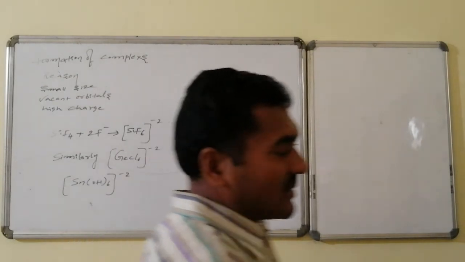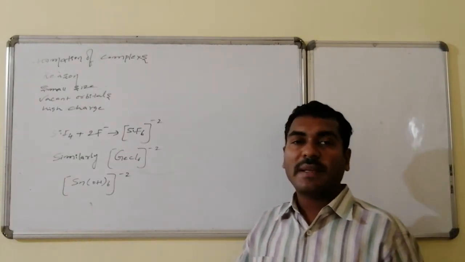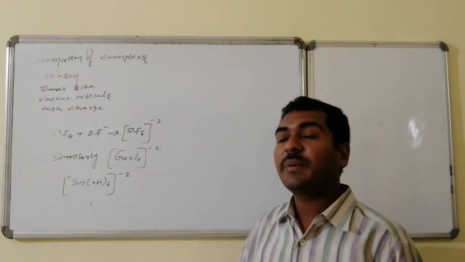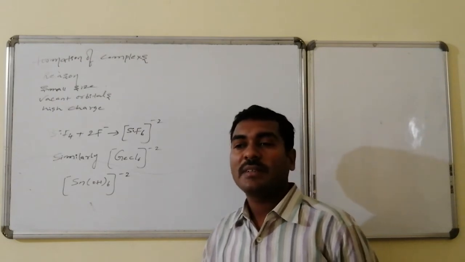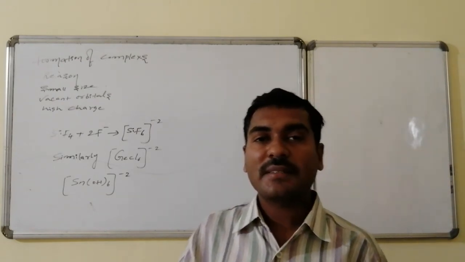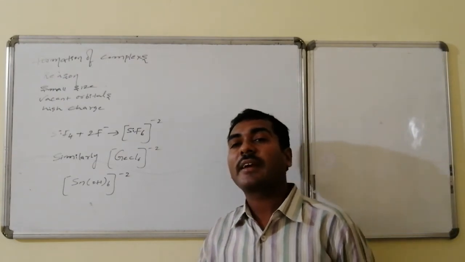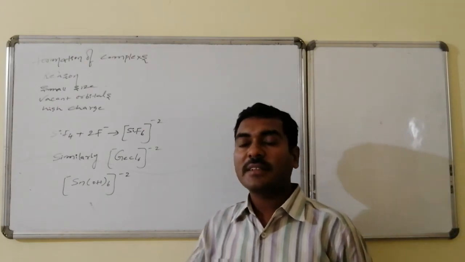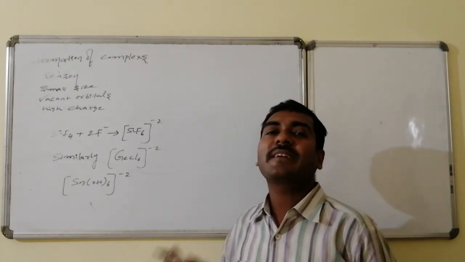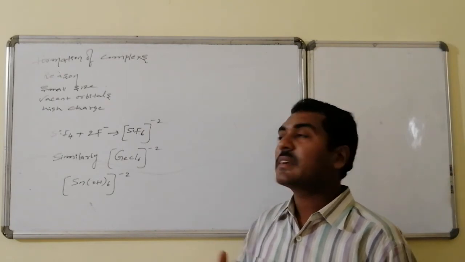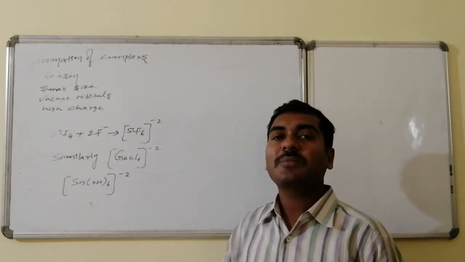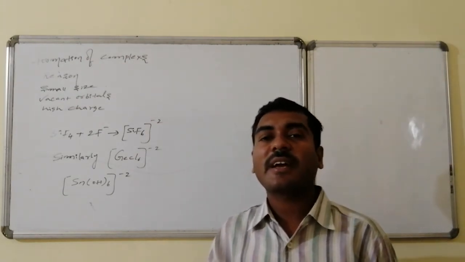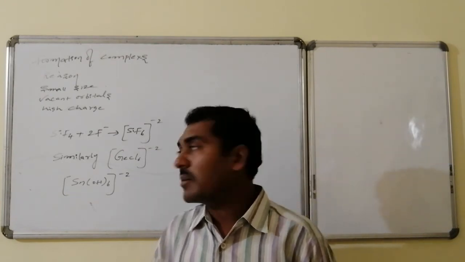Next, formation of complexes. The basic eligibility for complex formation in an atom is small size, vacant orbitals, and high charge. All of these are present for the group 14 elements, except that carbon does not have any vacant d orbitals, so carbon does not form any complexes. The remaining elements have the ability, and it decreases as size increases and charge becomes a problem, so the complexation ability of silicon is higher than germanium, and tin and lead have low ability for the formation of complexes.